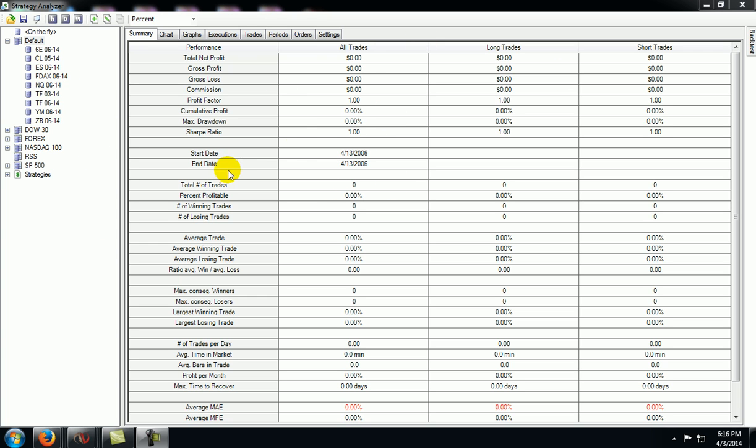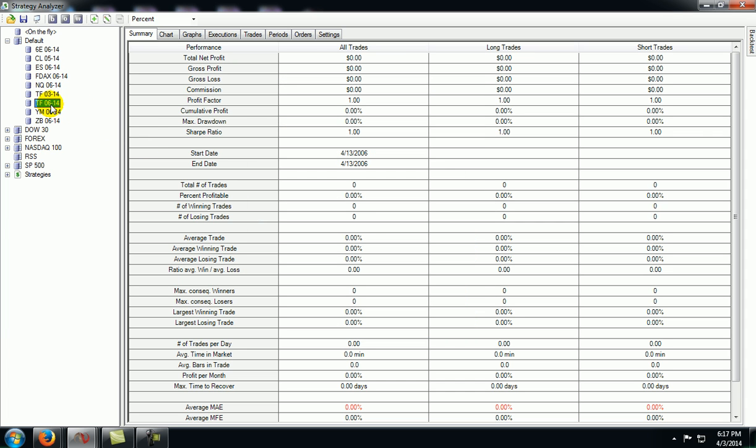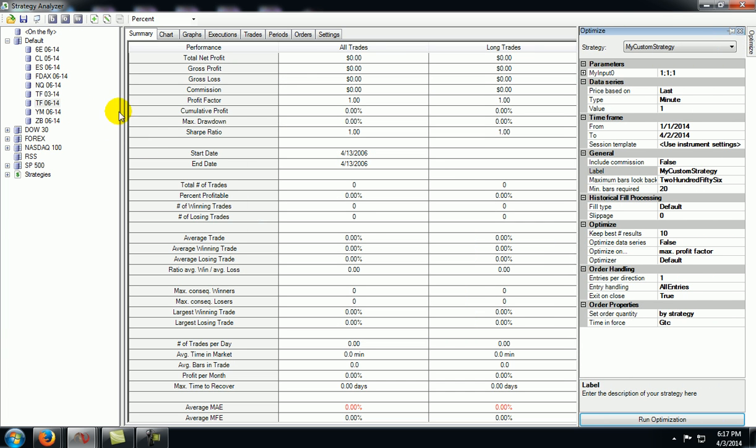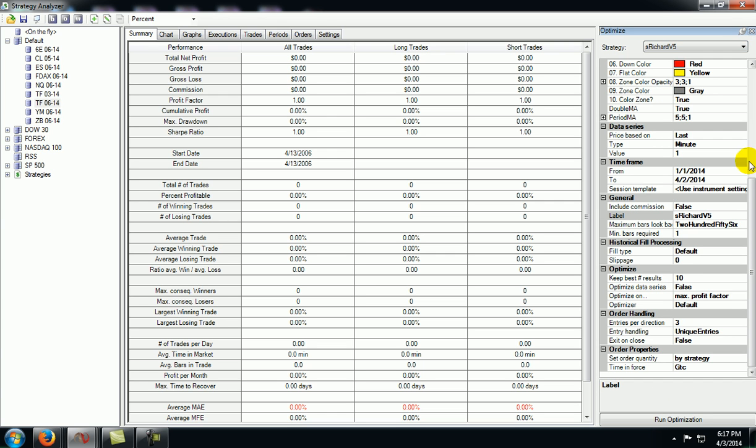You're familiar with the strategy analyzer, I'm assuming, so I just select the TF614 contract, optimize, pin that out, select the strategy, and